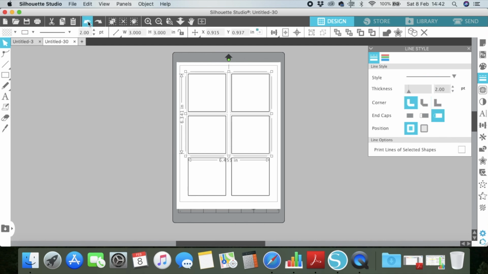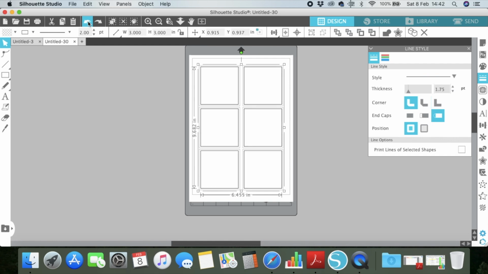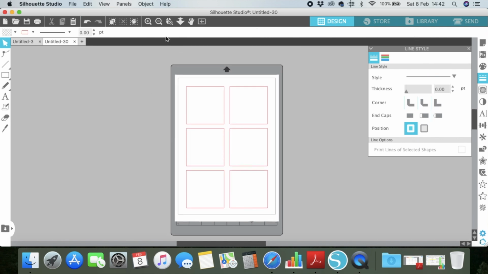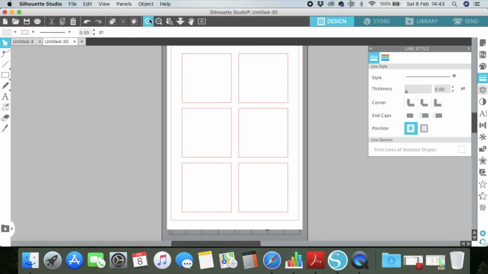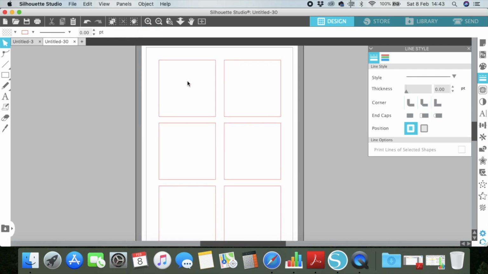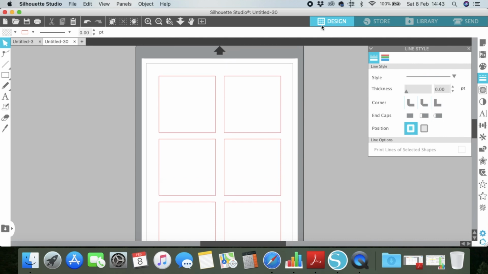back to the red lines, because when we print our post-it notes, we actually don't want the black lines to print again. And I'm sure there's an easier way of doing this rather than hitting the back button, but that's how I find it the easiest to do. So we press, we're back to this. If I was to print this now, the red lines are not going to print, and that's how I want to work with